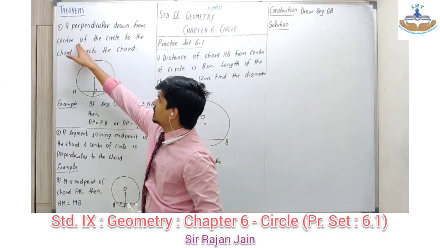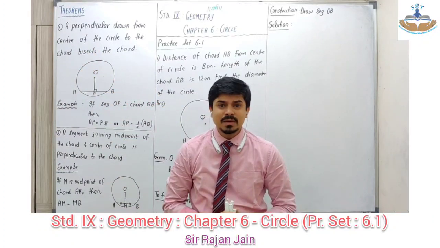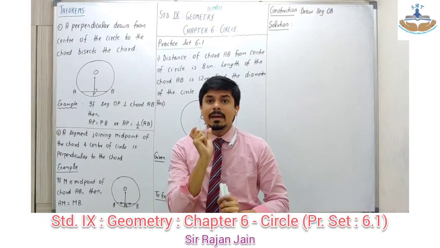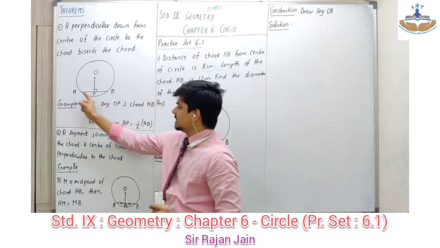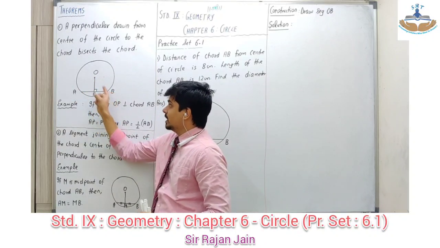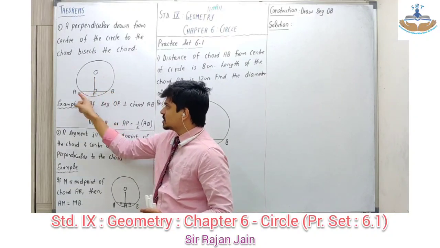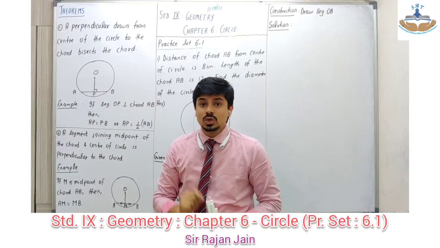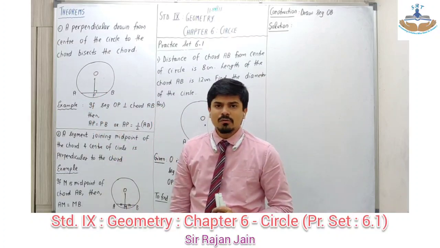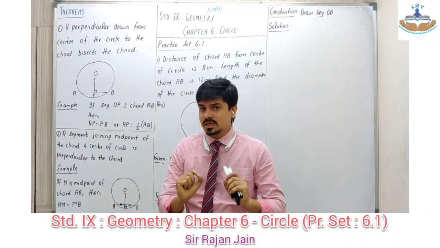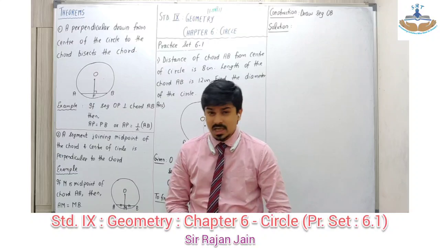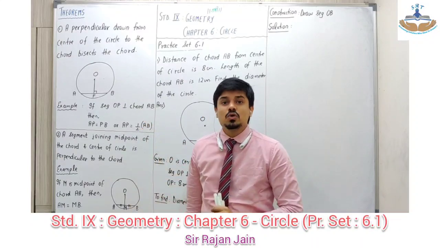Now you all have already come across this particular word bisect. Bisect का मतलब क्या होता है? Dividing anything into 2 equal parts. That is what we mean by bisect. Is that clear? So basically what I see over here is from the center, if there is a perpendicular on this chord, then this perpendicular divides this chord into 2 equal parts. Into 2 equal parts का मतलब क्या होता है? Your length of AP will be equal to length of PB. Is that clear? This is your first theorem. कंडीशन क्या है? सेंटर से कॉर्ड के ऊपर परपेंडिकुलर होना चाहिए. What is the conclusion? That perpendicular has to bisect the chord.